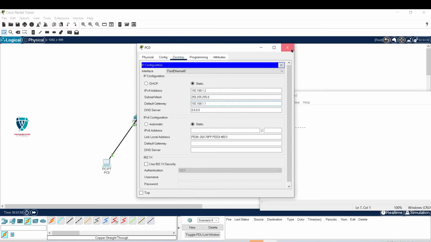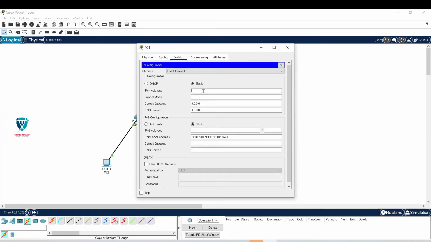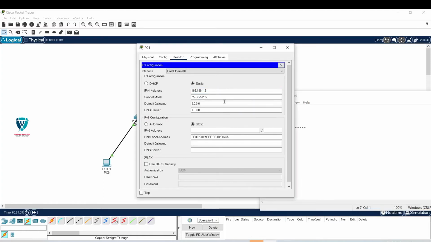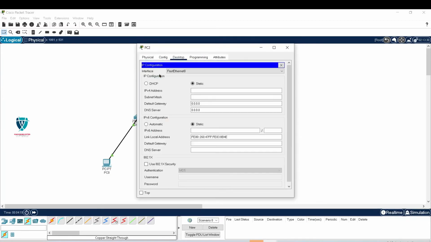Then click on this PC, enter into Desktop, IP Configuration. The IP address for this PC will be 192.168.1.3. The default gateway will be 192.168.1.1, exactly. Then close here and click on this PC, enter into Desktop, IP Configuration.